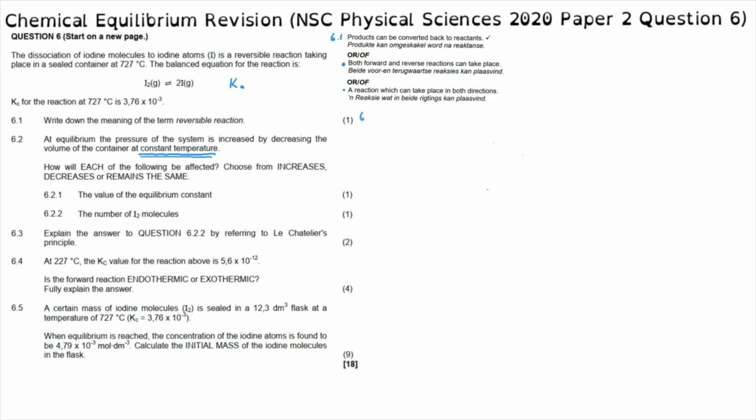And so our answer for 6.2.1 is that the equilibrium constant remains the same. Again, the only change that can affect our equilibrium constant is a temperature change. Question 6.2.2, the number of iodine molecules, and the iodine molecules we can see are on the left-hand side of